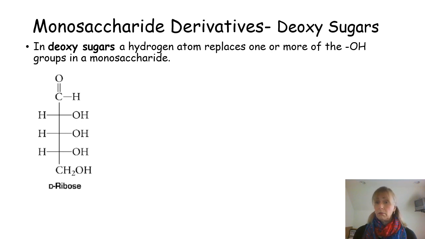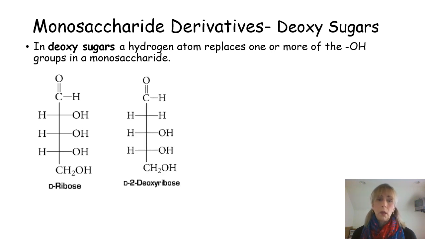For example, let's start with ribose. Okay, so this is D-ribose. So here is yet another monosaccharide, right? D-ribose is 1, 2, 3, 4, 5. So it's an aldopentose. Okay, again, remember where there's that cross right there, we have a carbon. All right, and here we have